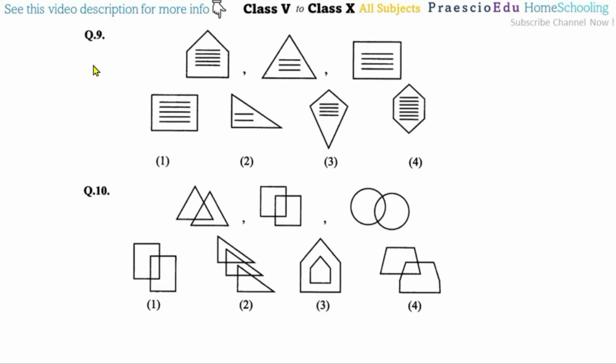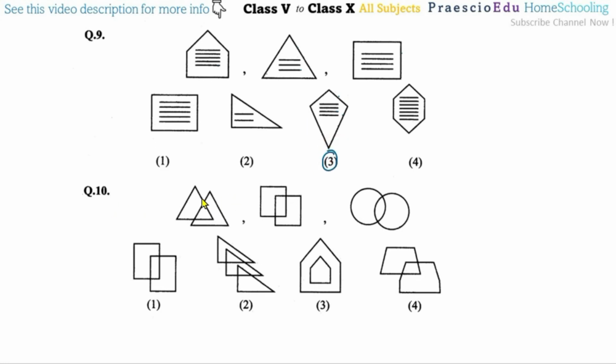Then question number 9. If you count the lines, 1, 2, 3, 4 and 5, the pentagon means a 5-sided shape having 5 lines inside. Here a 3-line shape has 3 lines inside, which means whatever the shape's total lines, that many lines are inside. So here a 4-line shape, the square, has 4 lines inside. Likewise, in option number 3 the quadrilateral means a 4-line shape, so here also 4 lines inside, so option number 3 is the correct one.